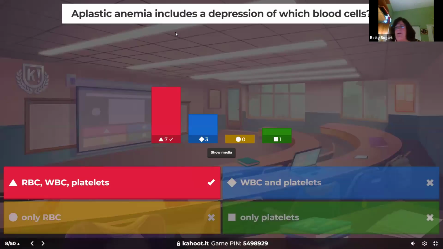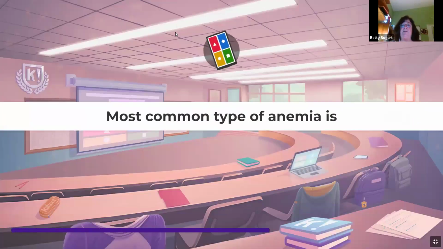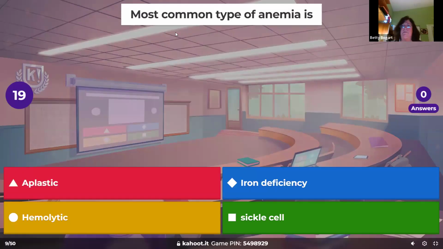They lack red blood cells, absolutely, but it's also white blood cells. So they're neutropenic, and then their platelets are low. So it's thrombocytopenia. They bleed, they get infections, they're tired because they don't have their red blood cells either. It's a triple whammy. Most common type of anemia is